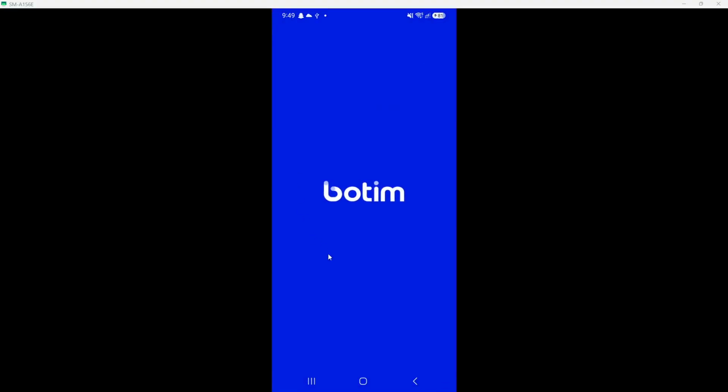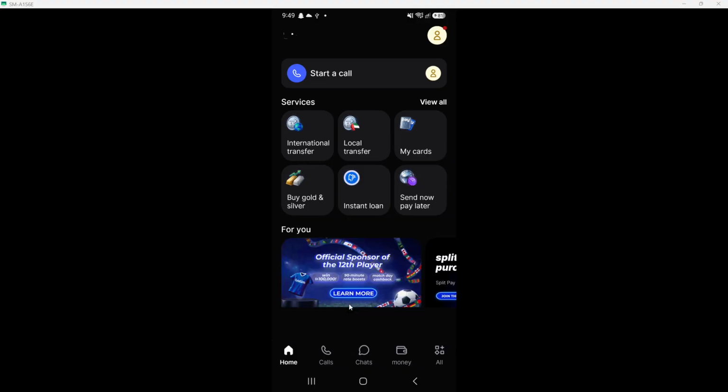If you are using a mobile device, look for the app icon, which is usually colorful and easy to recognize. Once you tap on it, wait a moment for the app to fully open. This step is crucial because accessing the app is the first action towards getting the help you need.